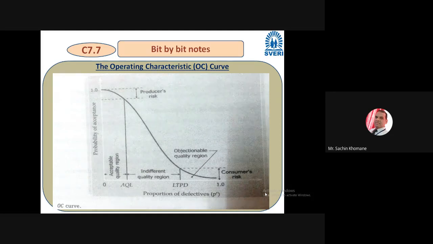Then you can find here acceptability, acceptable quality region, or AQL, acceptance quality limit, then indifferent quality region, LTPD, consumer's risk, objectionable quality region. So these are the terminologies. Let us understand first. So this is a probability based graph. So let us understand what is the meaning of producer's risk, consumer's risk, what is the acceptance quality region, what